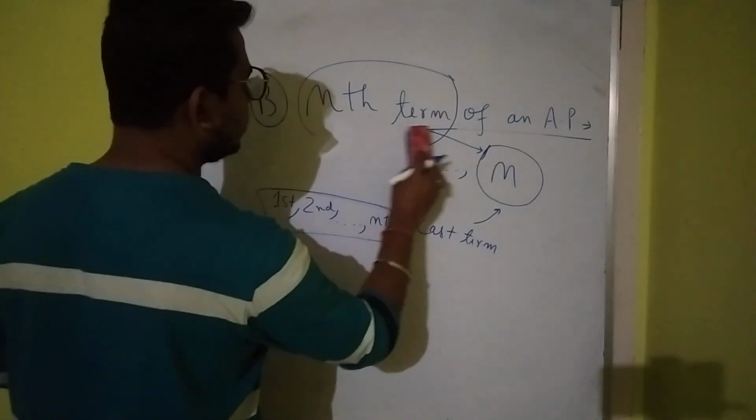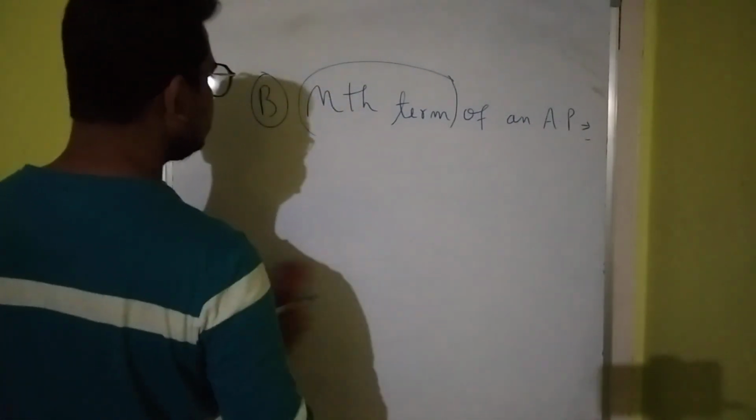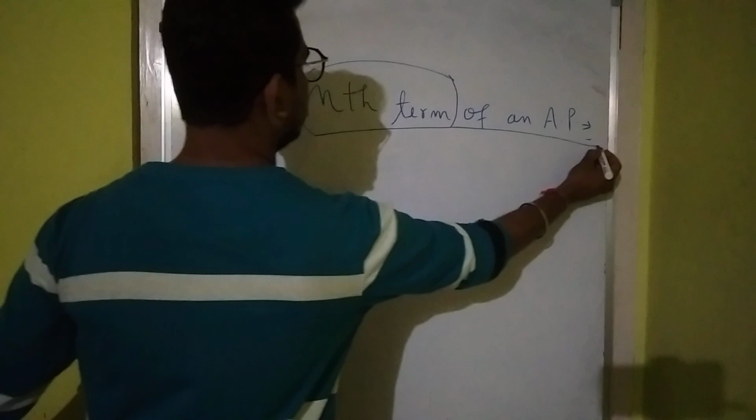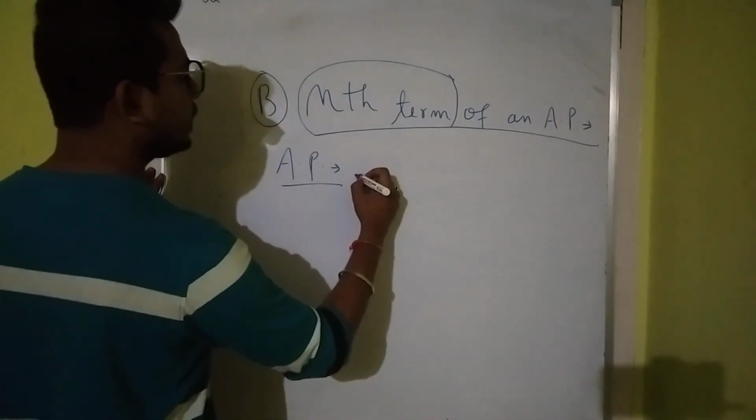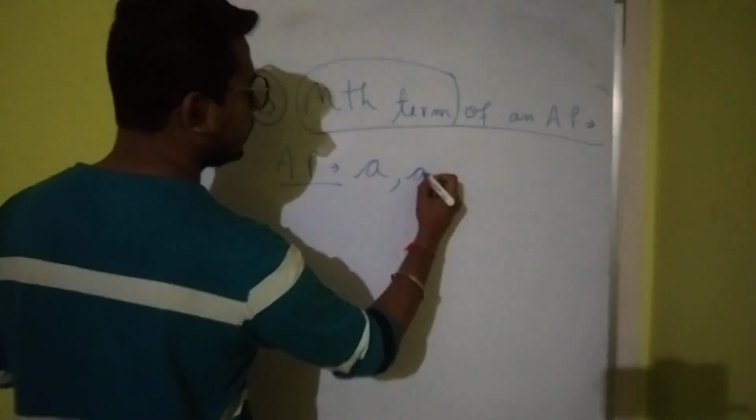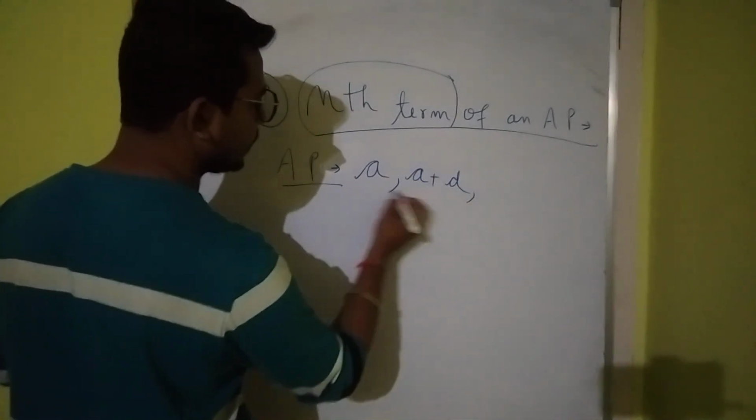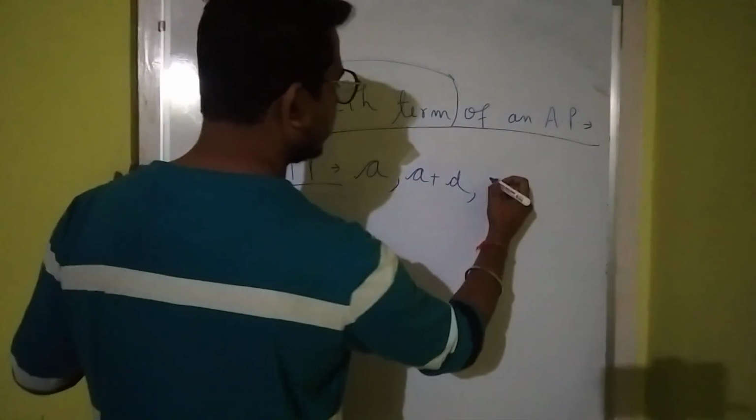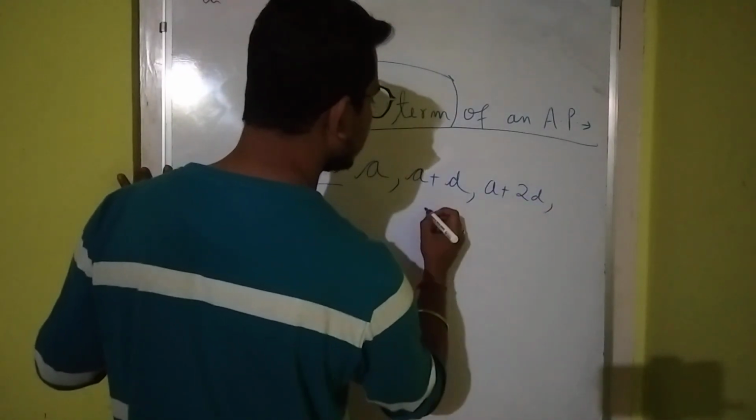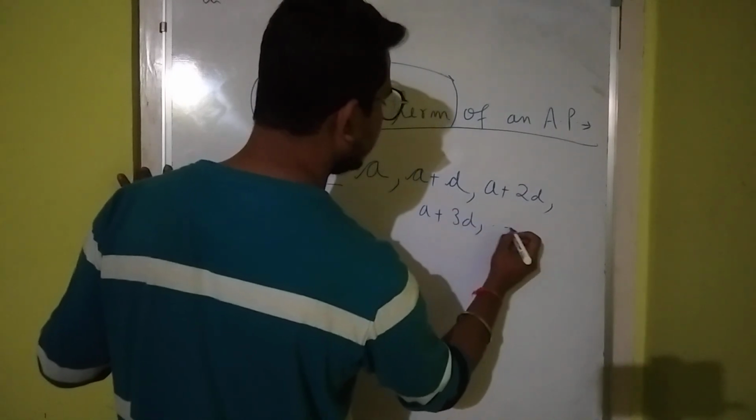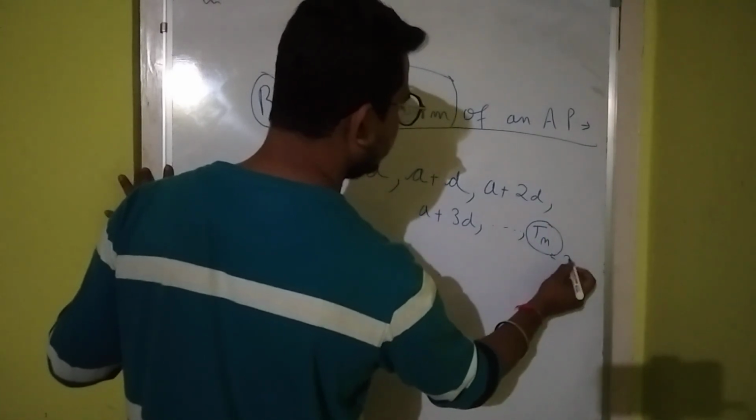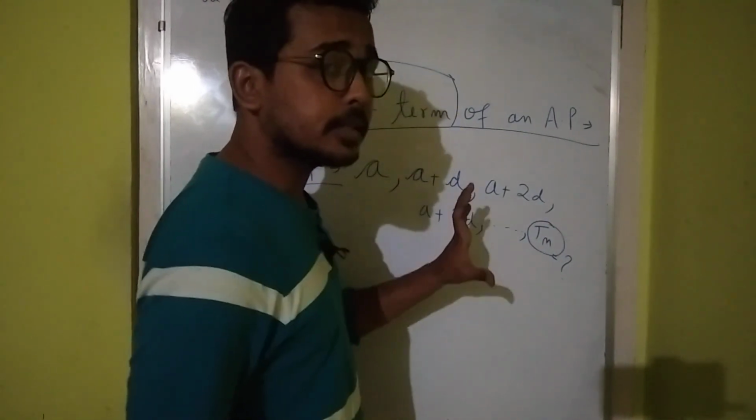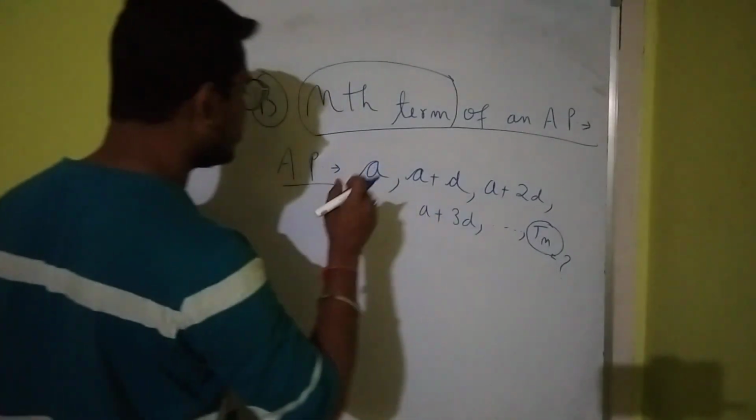तो अब अभी हम लोग क्या करेंगे, एक AP मान लेते हैं. ऑलराइट, उस AP का फर्स्ट टर्म है A, सो कॉमन डिफरेंस है D. यू कैन सी इट्स ऑलवेज D. सो नेक्स्ट टर्म क्या होगा? D ऐड करते रहो. a plus 2d, a plus 3d, and so on. So can you tell me the nth term in this AP, right? So if you observe the